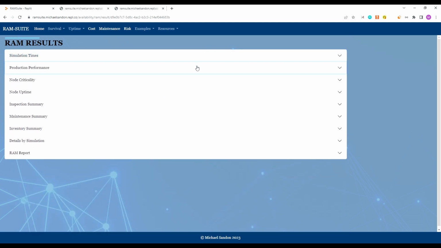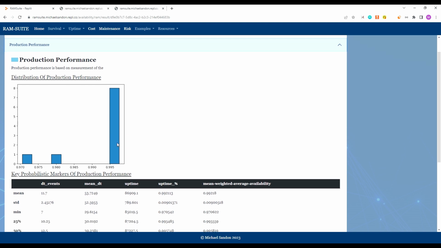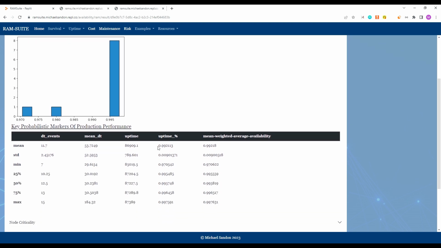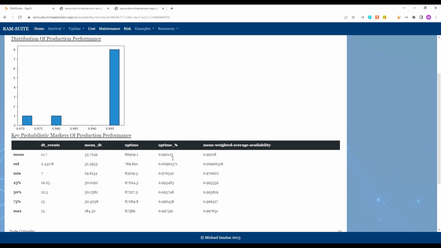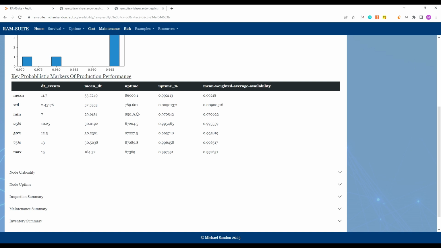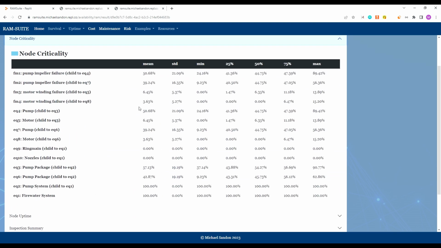You get a production performance, so basic distribution of the production performance. You can actually see there's quite a high standard deviation in the uptime. So there's almost like 1% standard deviation in the uptime, if this was formatted properly as percentages, and you can see some of these min values over here. So that's not great, this particular model. And it's also maybe a product of the fact that I only ran 10